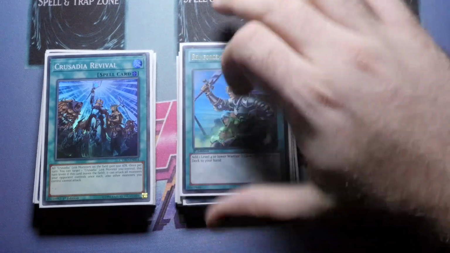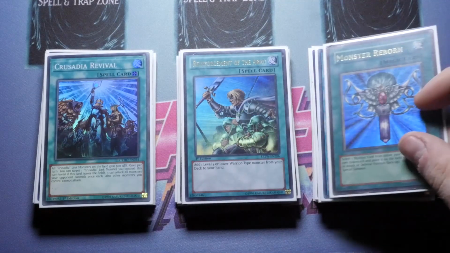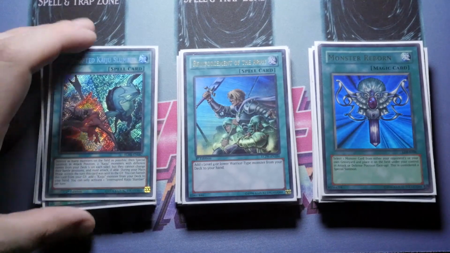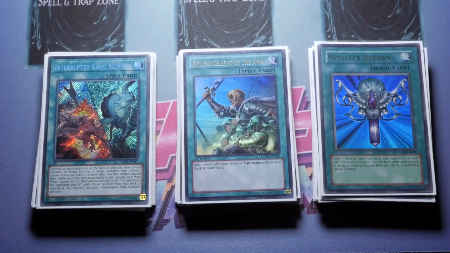And then for the last one of spells, play the one Rhoda for your Arborea, the one Monster Reborn to bring back any of your monsters to help you link climb and start the combo off again, and the one Interrupted Kaiju Slumber, because nuking your opponent's board, if that's not enough, you then get to give yourself a big fat Kaiju, give your opponent a big fat Kaiju in front of a link zone that you will be pointing